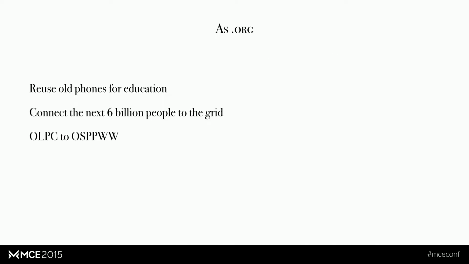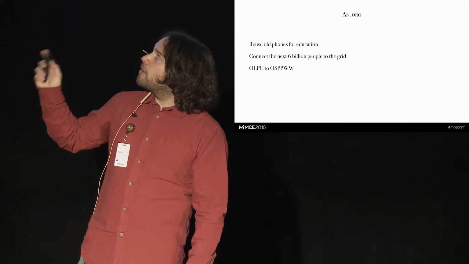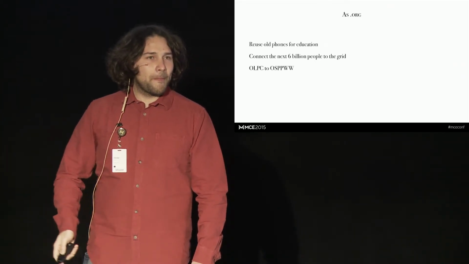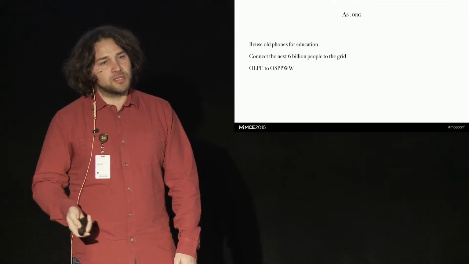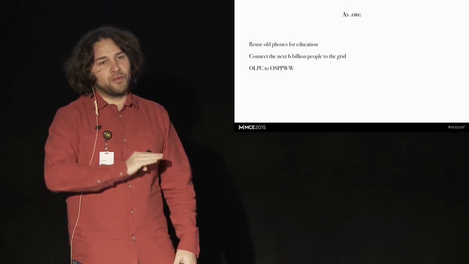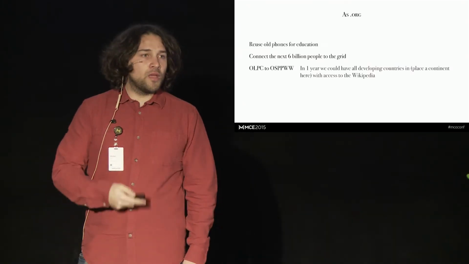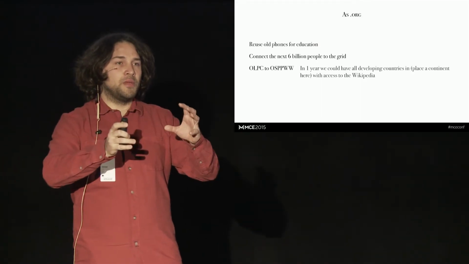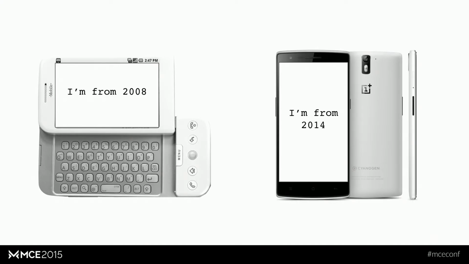And there is something interesting for me. I guess you heard about the OLPC, the One Laptop per Child. I think it would be really awesome to have one smartphone per person with a Wikipedia. I call it like that. Imagine in 1 year we are disposing around 1,000 million smartphones. So imagine you put a small, reduced copy of Wikipedia on a smartphone, and you give it to whatever country or continent you want in emerging markets. Then in 1 year, all of them will reduce the gap between emerging markets and the first world.